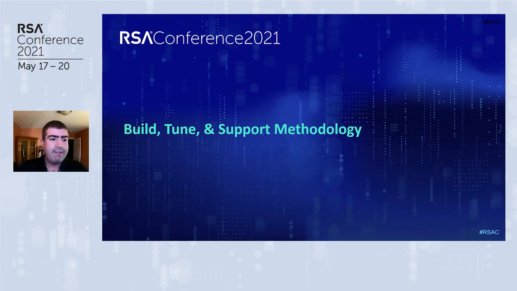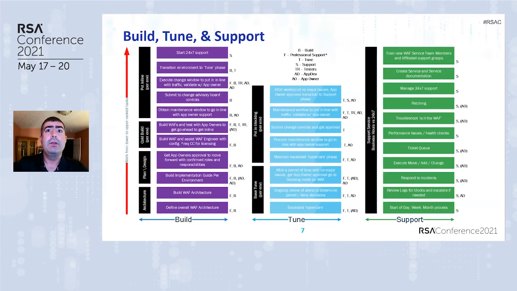So I started to reevaluate. Instead of having Micah be responsible for applications A, B, and C, and my colleague responsible for D, E, and F, I started to reimagine, what if we played to our strong suits? So I came up with the build, tune, support model that I sold to our management. The goal of this model was to set both of us up for success, to make sure that we were working on the part of the project where we could give the most value back to the business.